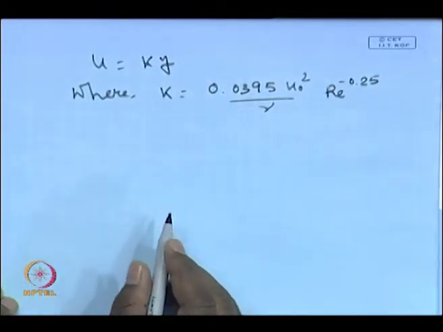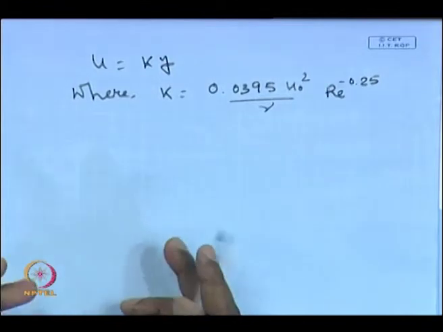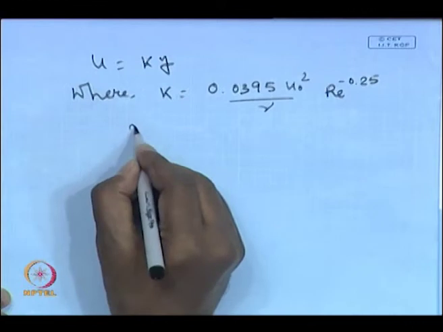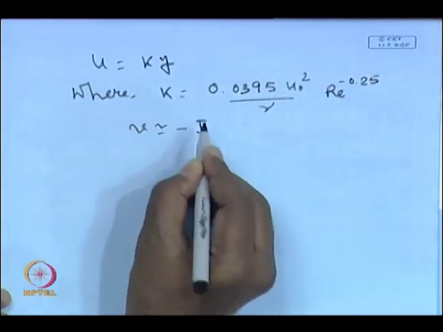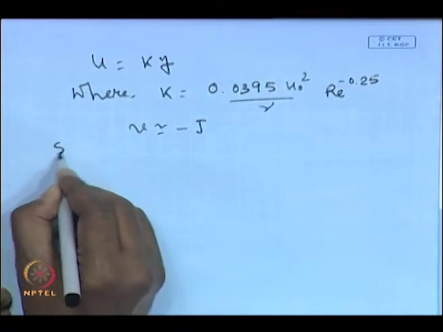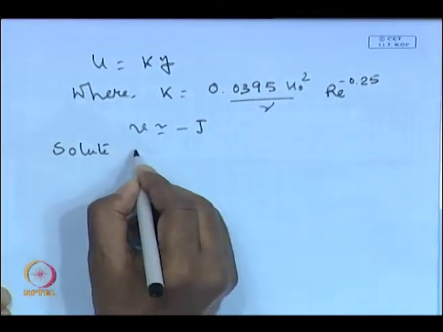Okay. And we are assuming the mass transfer boundary layer is really very thin, and velocity component v in the definition of mass transfer boundary layer will be same as that in the wall. Okay. And at the wall it was the permeation velocity. So, V will be approximated by minus J at the wall. So, therefore, your solute mass balance equation now becomes